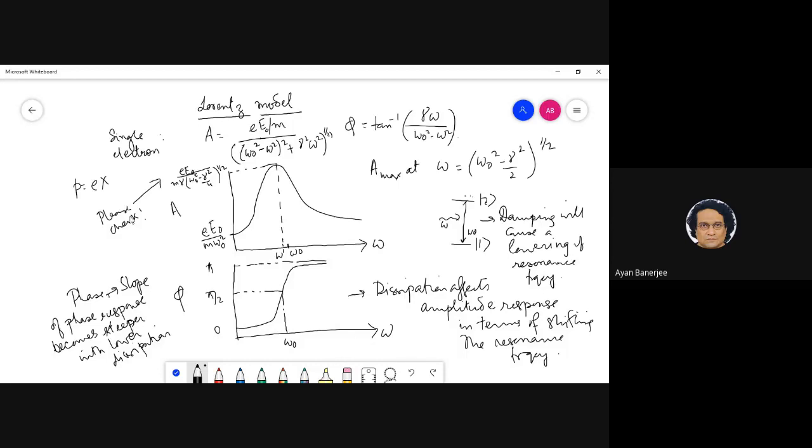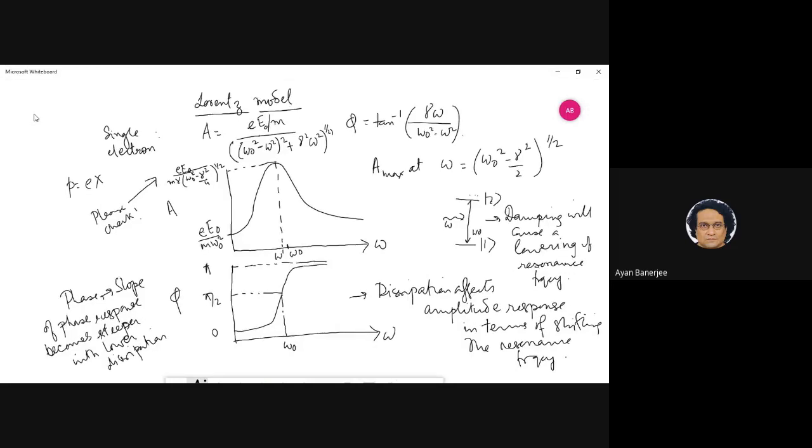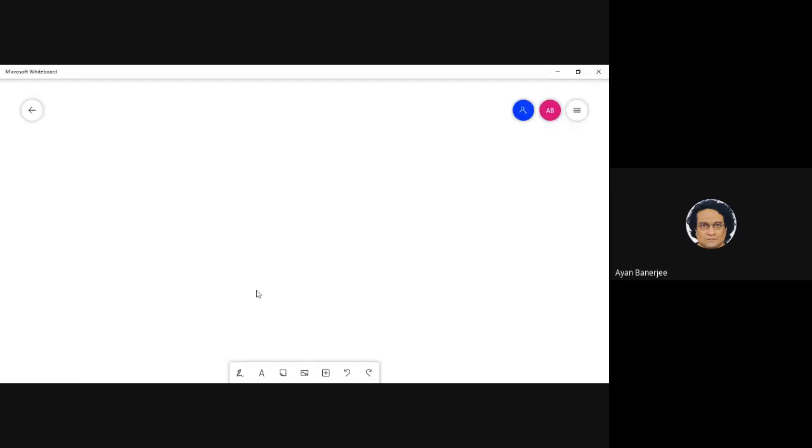And you know that when we finally try to get the polarization, we multiply this by E. This is the amplitude. So the X we can multiply by E, and therefore we get this as E squared by M. And we wrote down the expression for polarization in the last class. So what we can now do is write down the main quantities, that is the dielectric permittivity and the refractive index, finally from there.